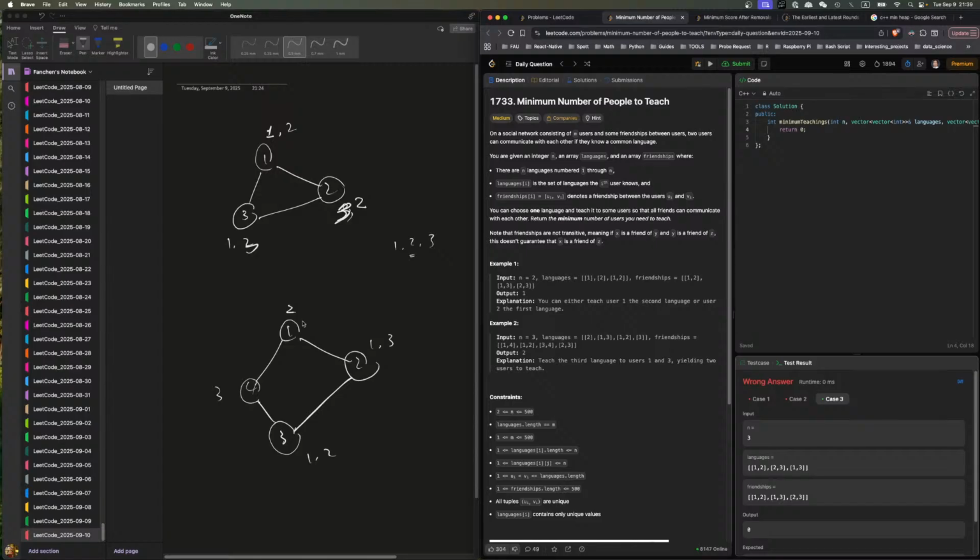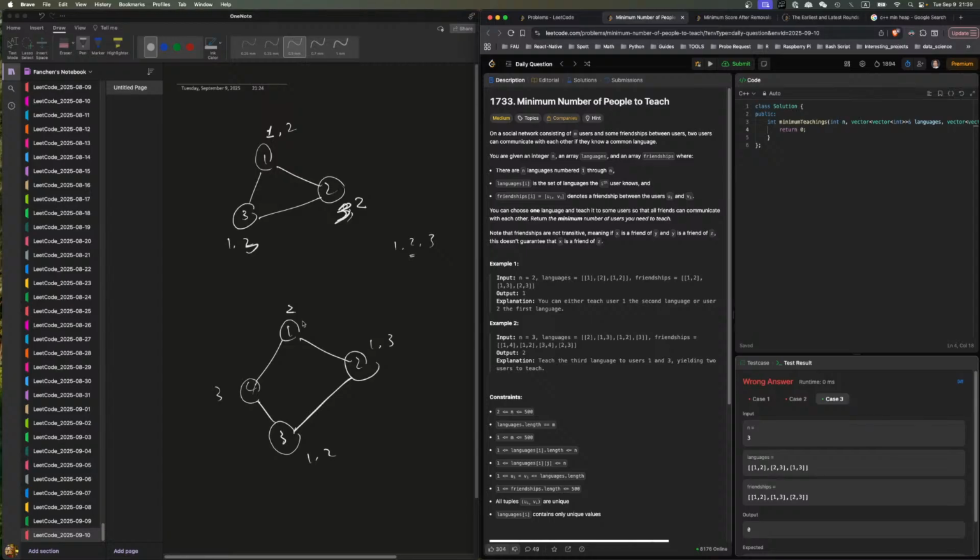Maybe let's go brute force. So let's say if we teach language 1, what is the minimum number of people we need to teach in order for everyone to talk to everybody else? So now 1 is the common tongue, right? 1 is the common tongue. So if you're already communicating in 1, that's fine. If you don't, then